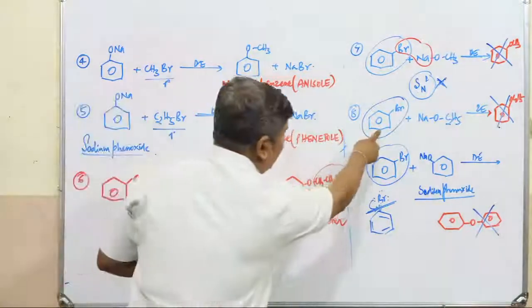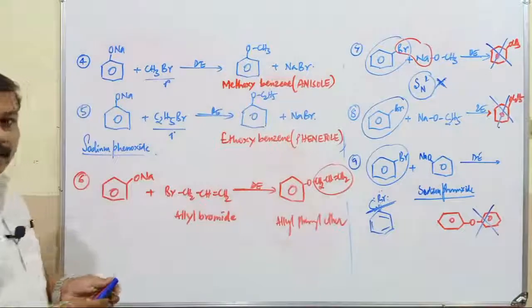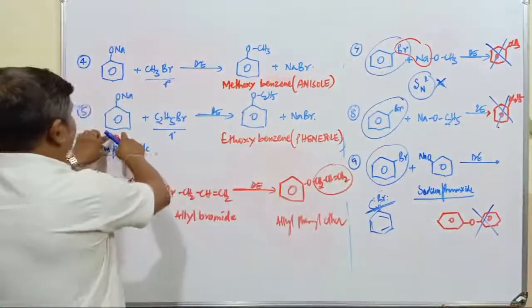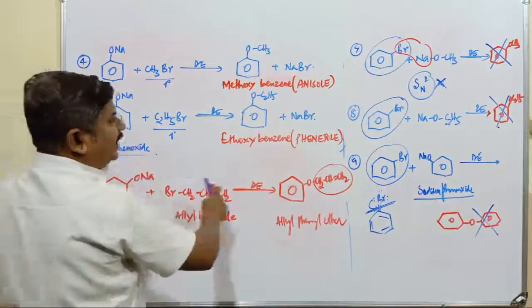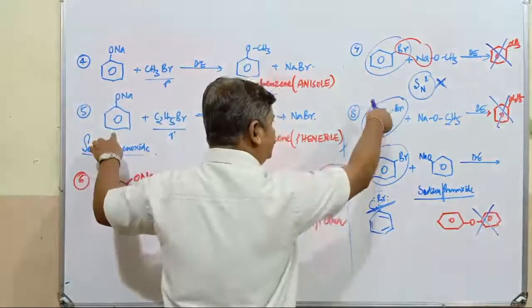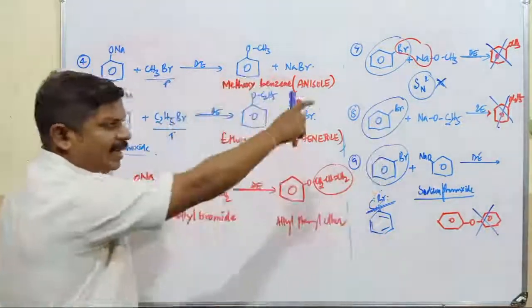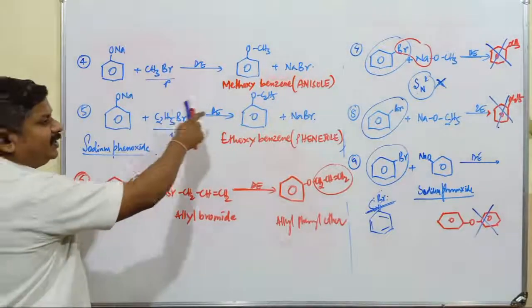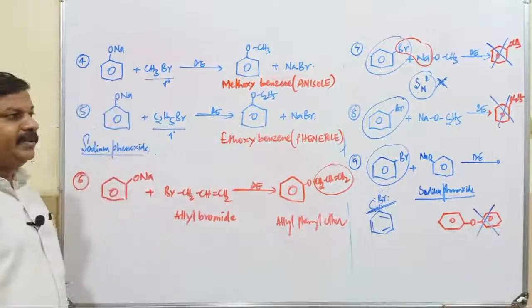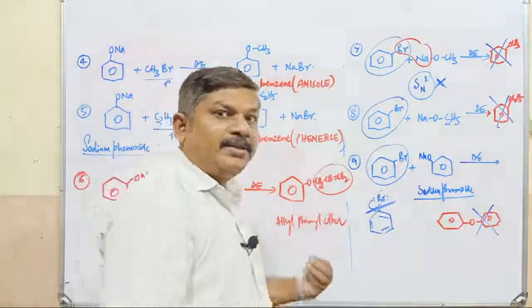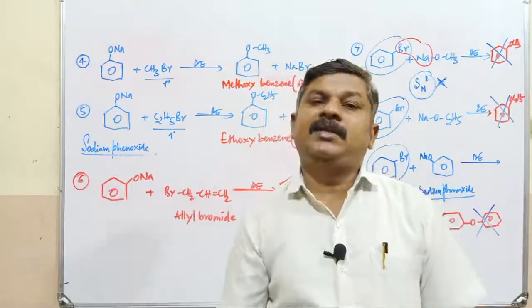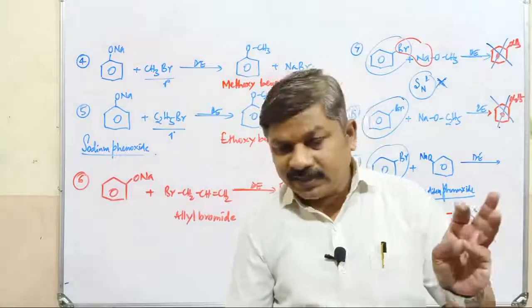But if you take an aryl halide, is there any confusion? This is sodium phenoxide, this is bromobenzene. Here the sodium alkoxide is aromatic, and here the halide is in the form of a halogen on a ring. Hence that reaction is not possible, but this reaction comfortably takes place to form the respective ether. So these are some precautionary conditions to get an ether by using what? Williamson's ether synthesis.